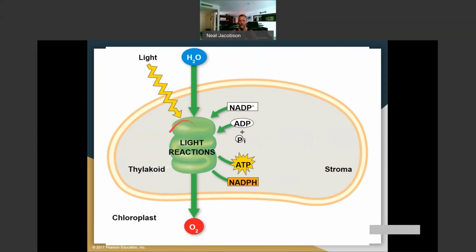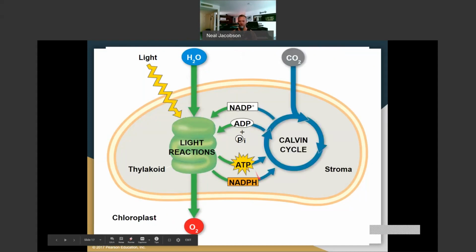The byproduct of all that, once you strip away electrons from water, is oxygen gas. And that's what we use to breathe, and that's what fuels our mitochondria. It's crazy. Okay, so the charged up batteries then are going to enter this Calvin cycle, which takes carbon